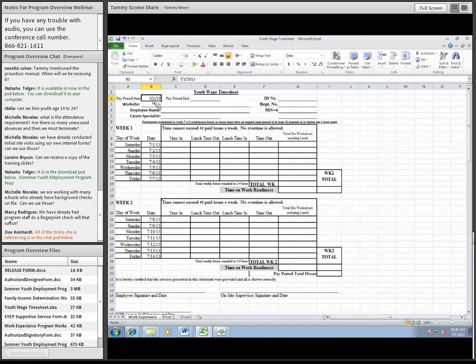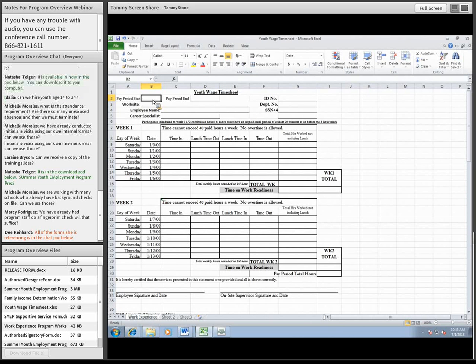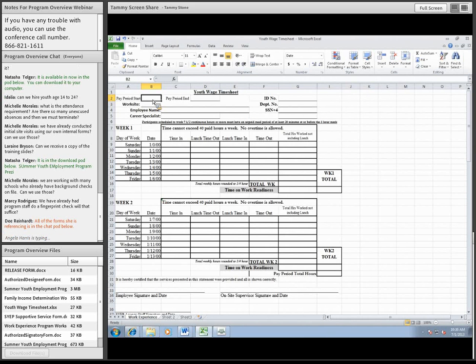If it doesn't complete it the way you want it to, you can always delete those dates and enter your own dates. So when you're entering your pay period, like I said, just make sure that the dates are correct for the time period that they're going to be working for that week. And like I said, once again, if you want to complete this yourself, you can go in there and you can go ahead and enter a